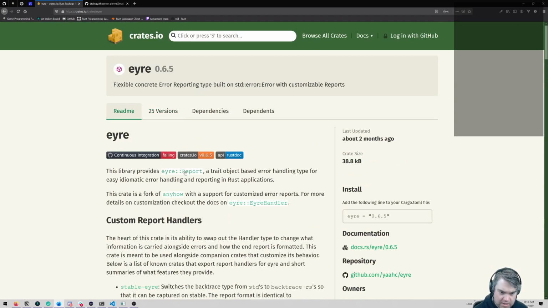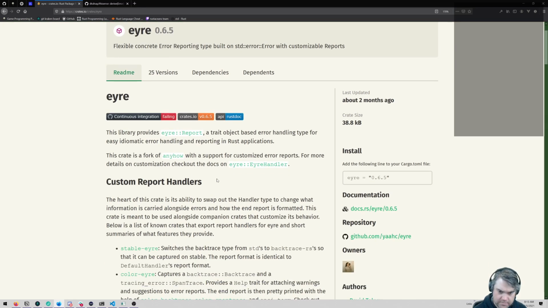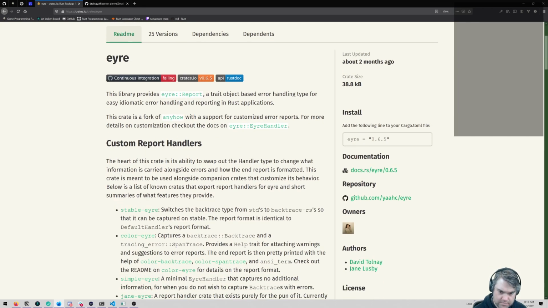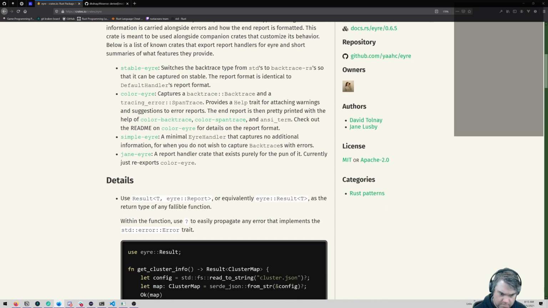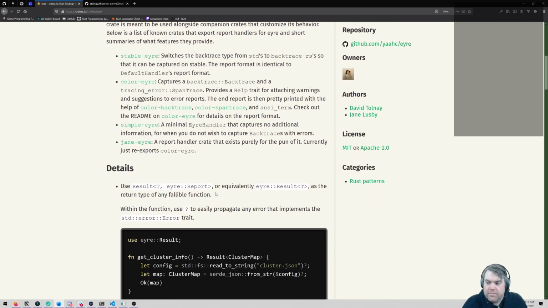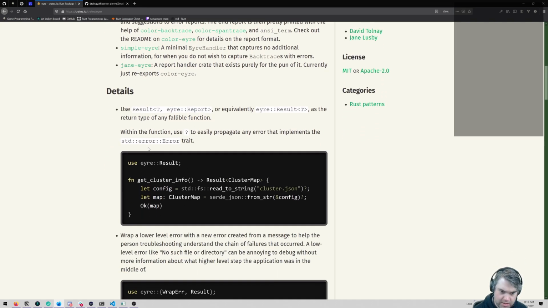Let's read this. Okay, so if it handles the standard error trait, which this error should do.